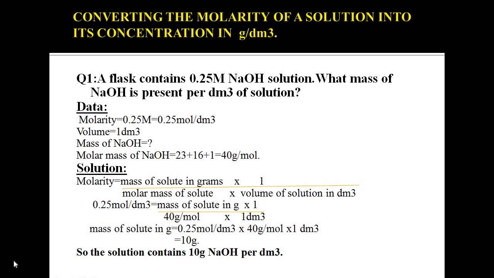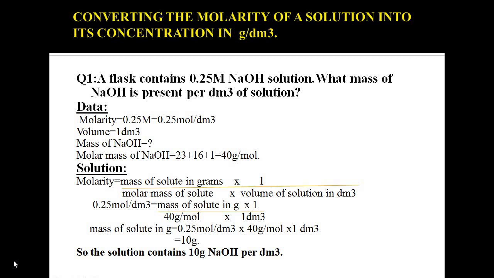Whenever the mass term is used, you have to calculate the molar mass of NaOH first, because then we will use formula number 2, and it is the demand of formula number 2 that molar mass must be known to you. So molar mass of NaOH is equal to 40 gram per mole. Molarity is expressed by capital M, and it is also mole per dm cube. When you put the units in the formula, please mention the units mole per dm cube for the molarity, so that after cancelling you will get only the unit of mass.